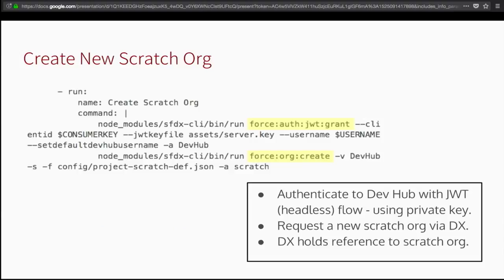Throughout this, I'm highlighting in yellow, by the way, the verbs that we use with Salesforce DX to issue commands, because this is pretty information dense, and I want to show you what the skeleton is of this solution. The first thing that we do here is get an authentication grant. That's your force auth JWT grant command. That's using that authentication structure that we just set up at great length and great complexity to make a connection to your production Salesforce org, to authenticate securely, and then allow us to create scratch orgs. That's exactly what we do next. We'll use the force org create for, we're getting a brand new empty scratch org environment within which we're going to run all these tests.